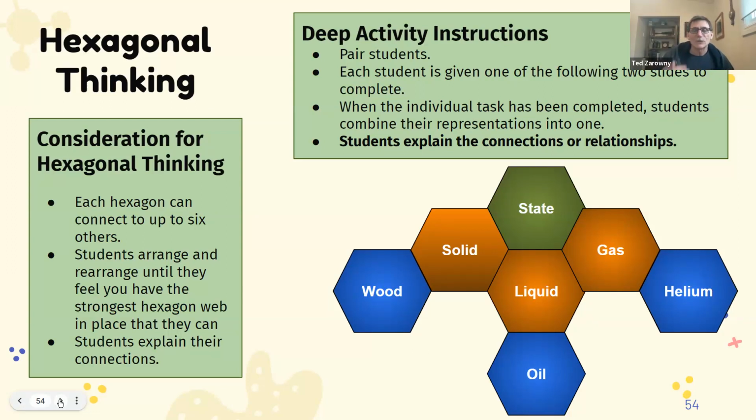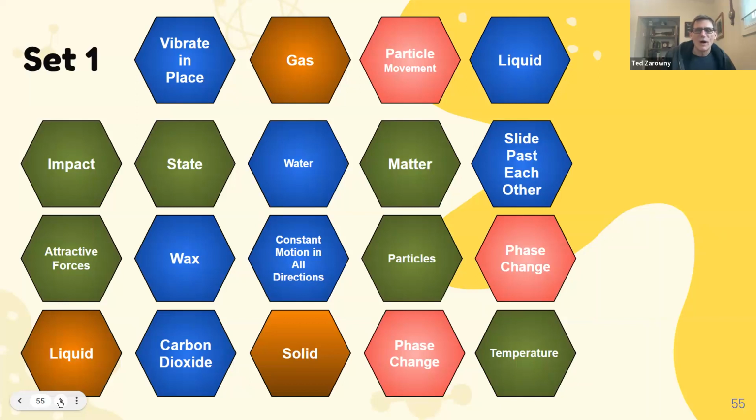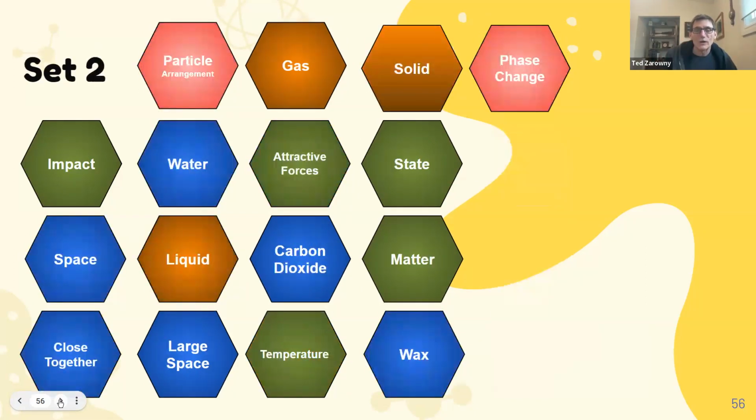So at the end of the day, there's lots of individual concepts and little concepts associated with this that the students could put together. So what I did was I divided them up into 2 groups, and you could see them on the next slide. There's set 1 that you would give to one student to put together and to see if they can arrange those in some meaning. And there's another set that another student could work on.